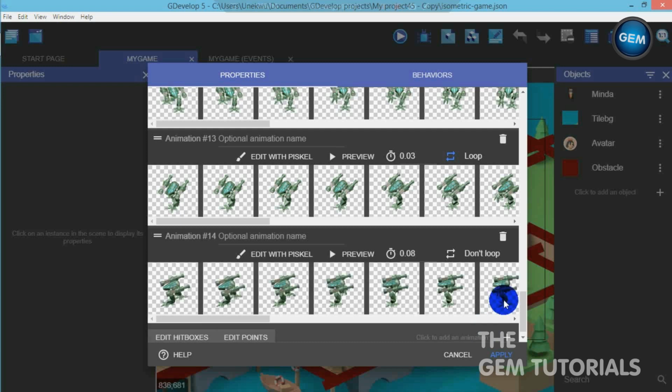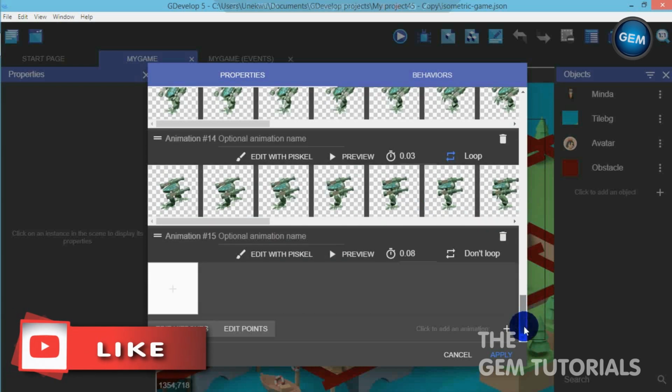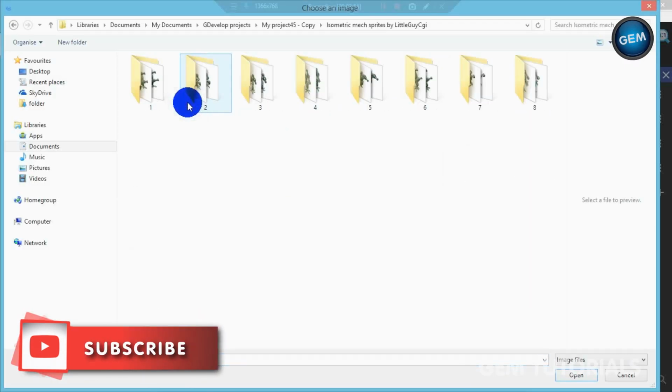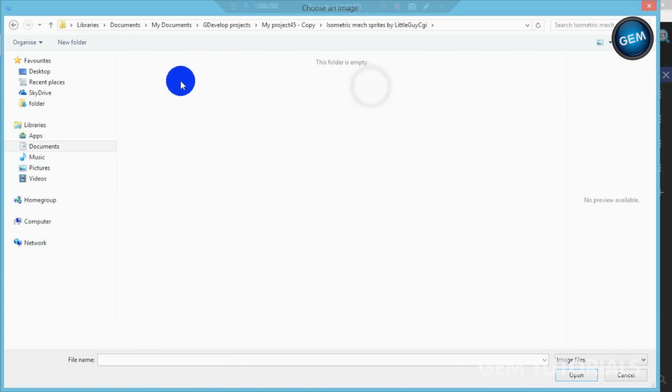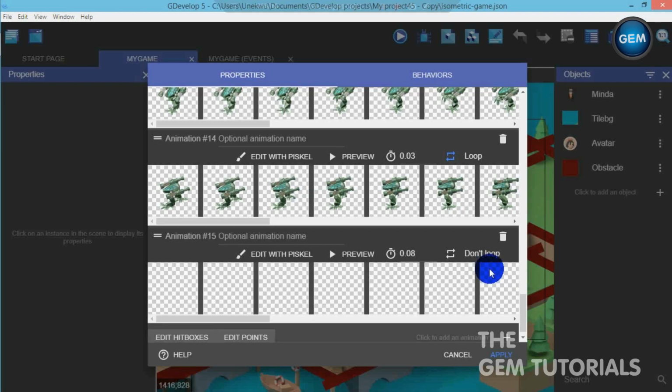Open that, loop, 0.03, add another animation, left up, open, loop,